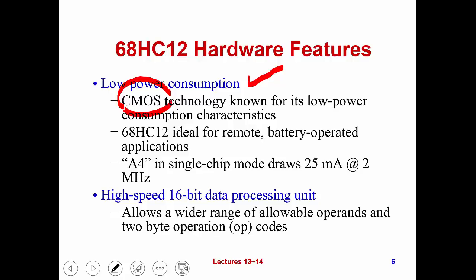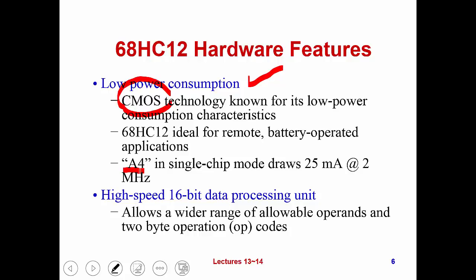In this case, it is ideal for remote access and for battery-operated applications, like robots you send to run on the surface of Mars, so it works there by itself, and it is very easy to access remotely. For example, for the A4